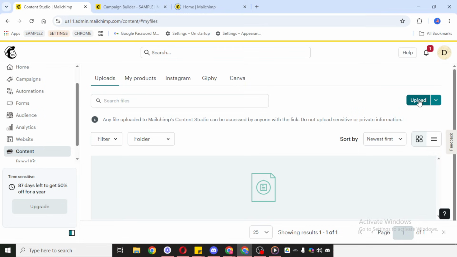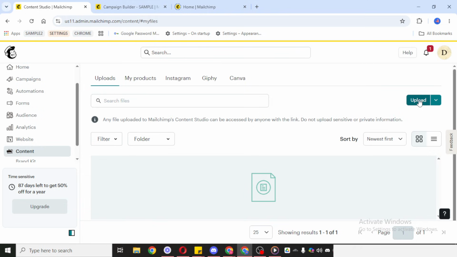Once the file is uploaded, it will be available inside your MailChimp content area. From there, you can use it when building your email, typically by linking text or a button to that uploaded file. The main part of this process is getting the file into MailChimp correctly, and that all starts in the Content section with the Upload option. That's all you need to do to attach your file and prepare it for use in a MailChimp email.